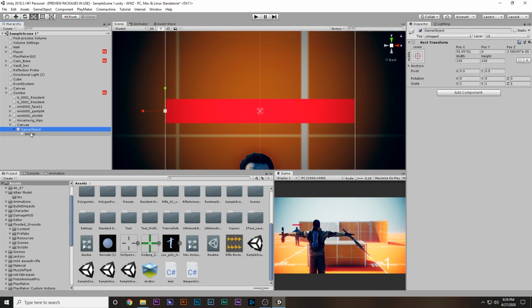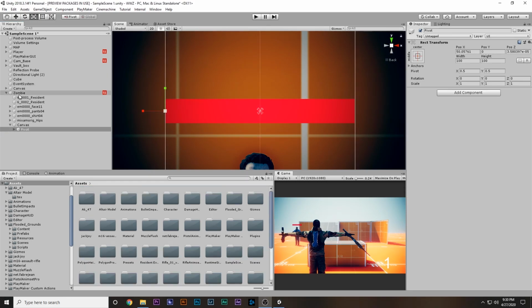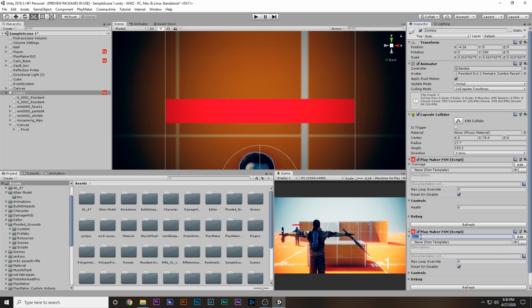So I'm gonna call this one pivot, and this one will be the bar, just to make everything distinct. All right, so with that in place, I'm gonna go to the zombie and I'm gonna go ahead and add another FSM, and this time I'm gonna call this FSM the